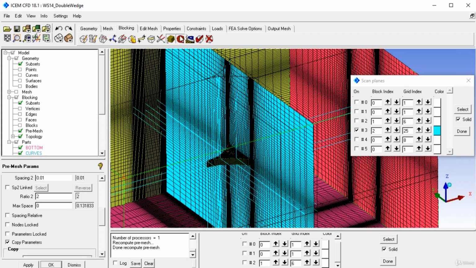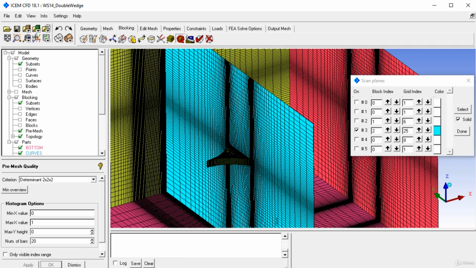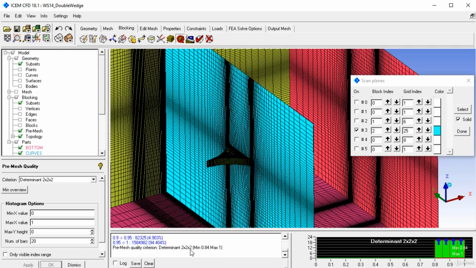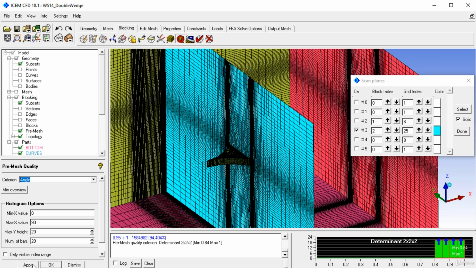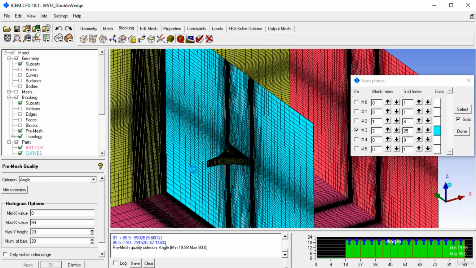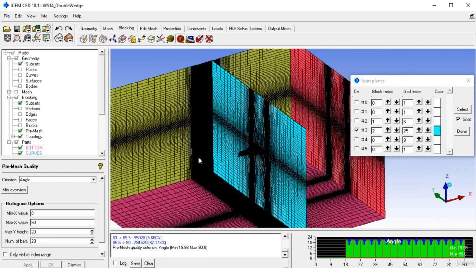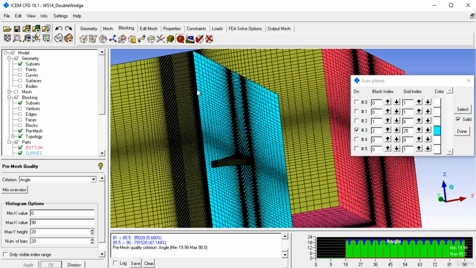And now I will check the mesh quality from here. First, the determinant 2x2x2 should be greater than 0.3. Apply, and its value is 0.84, and the minimum quality should not be less than 0.3. The second thing is that the angle should not be less than 18 degrees, so it should be greater than 18 degrees in the whole domain, and we have the minimum angle as 19.98. And now the mesh is ready, and now we will be exporting this mesh to Fluent,